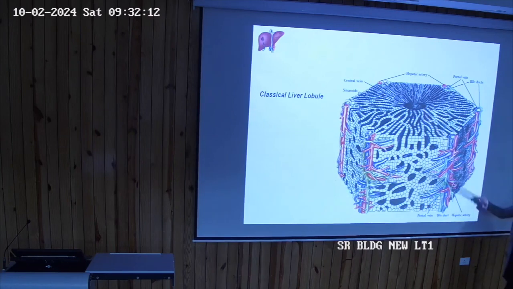The central vein that we have drawn: what opened into the sinusoid here? The blood in this artery and vein opens into the sinusoid and runs towards the central vein. Now these central veins combine and form the sublobular vein. Sublobular veins will combine and form hepatic veins, and hepatic veins will finally drain into